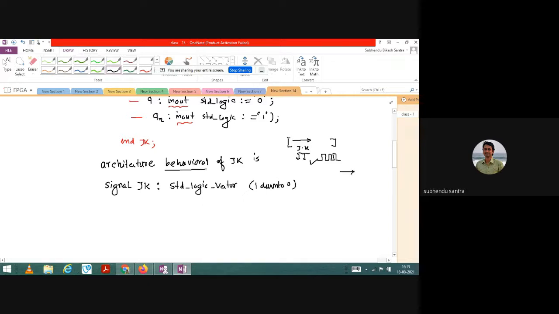So basically j and k can be 0 1, it can be 1 0, something like that. I intentionally have taken this using a signal. That is also an alternative way you can incorporate it in your program.